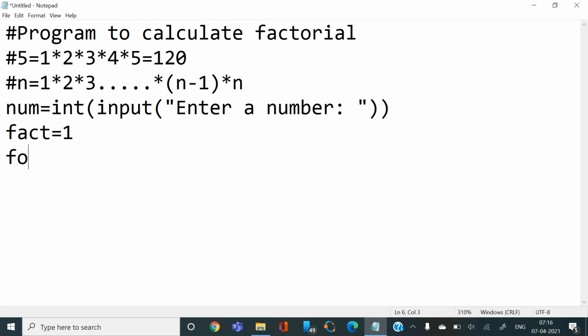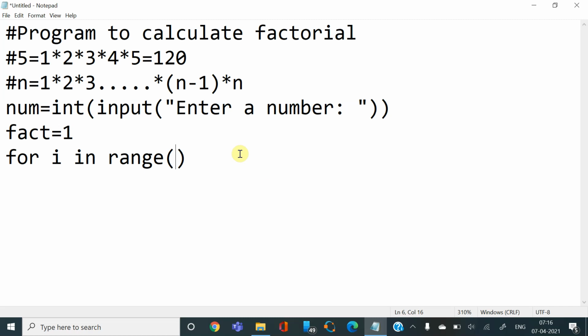Now, how do we write a for loop in Python? We write the word for, then i is any variable. You could write j, l, whatever you like here. For i in range. This range function in Python basically takes three values: the starting value, the ending value, and the step value. Now what do I mean by that?